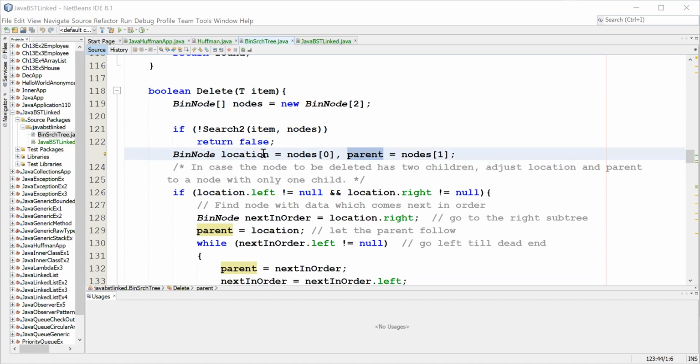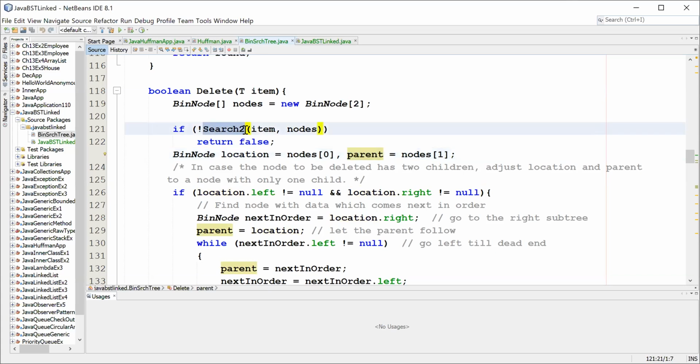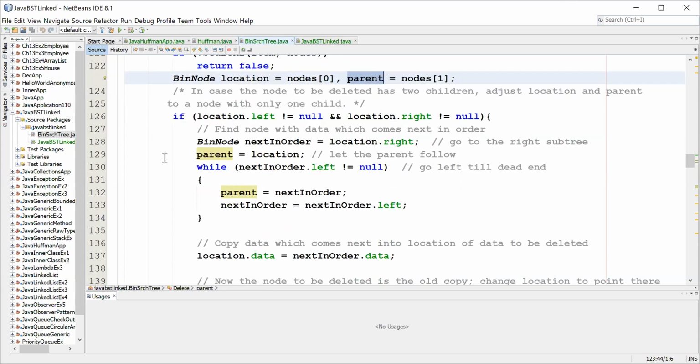To keep track of the node itself and its parent node. And in our search, how do we achieve that? Through a bin node array. We just reassign it to location and parent for our coding, so that is a name. Based on the name, it's easy for us to write the code. And then we just go ahead